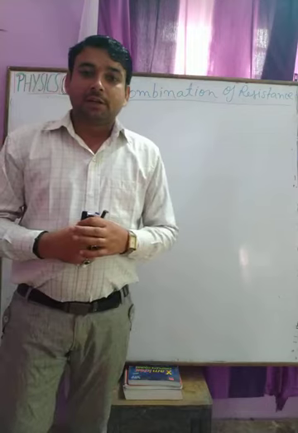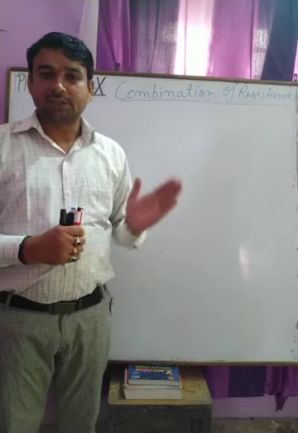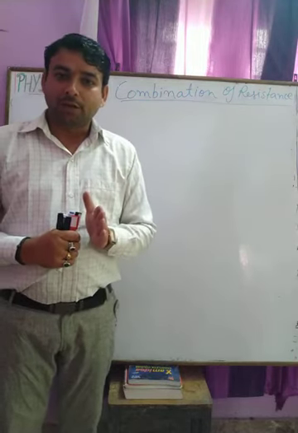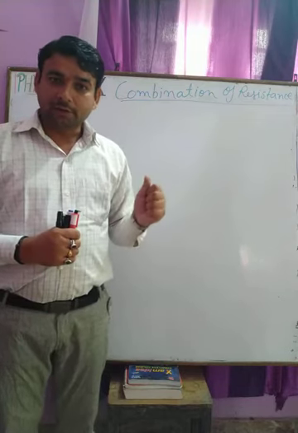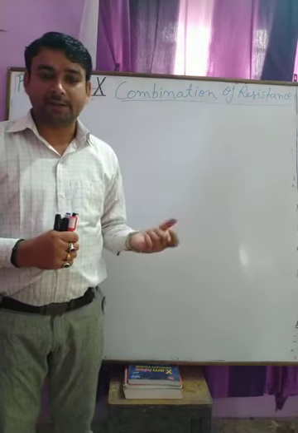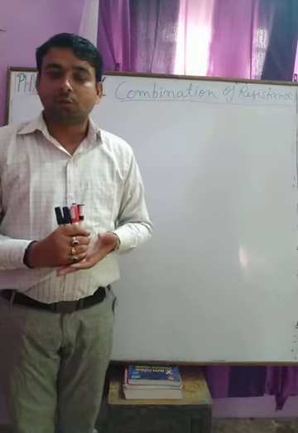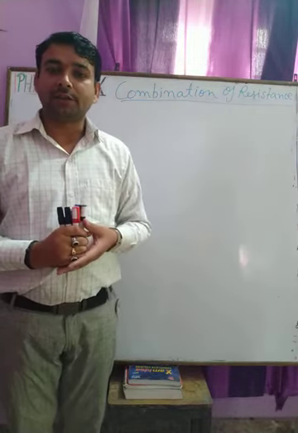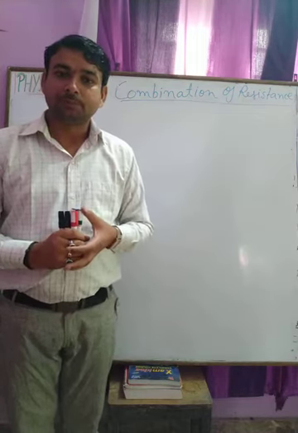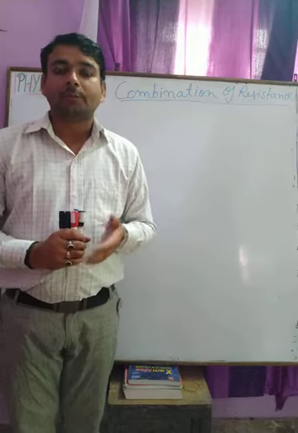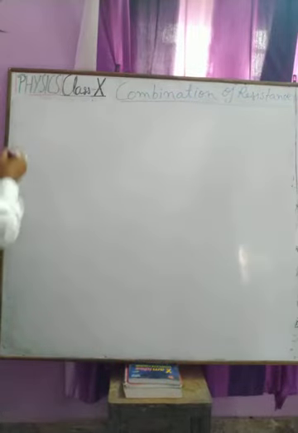In the last lecture, we learned about Ohm's law and the characteristic properties of resistance and resistivity. Today, we are doing the combination circuit, and we will learn how resistances are connected with another resistance. Basically, we use combinations to get the desired value of the current or potential for different purposes. So we have two types of combination.